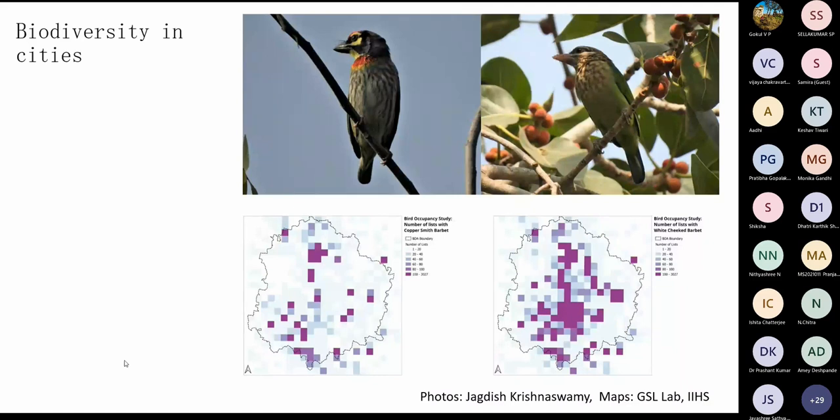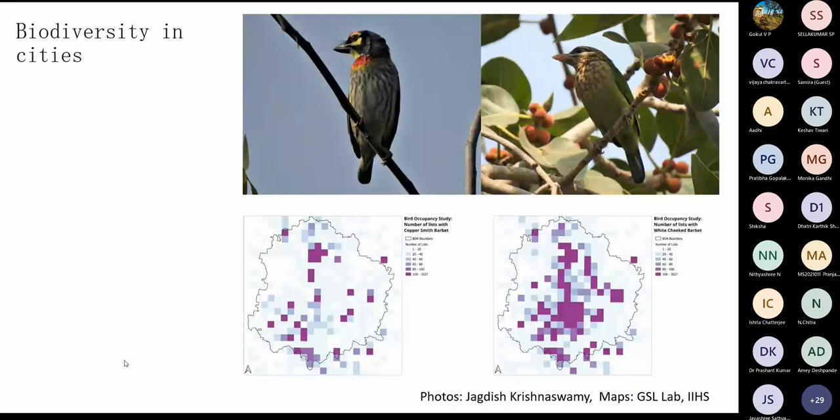So on the left is the coppersmith barbet, which is not very commonly seen in the city. Using the data for the past 10 years, whatever data was available, after mapping we see that it is distributed only in a few pockets in the city. But the white cheek barbet, which all of you might have heard in your neighborhoods or even on the campus, is quite well distributed across the city.